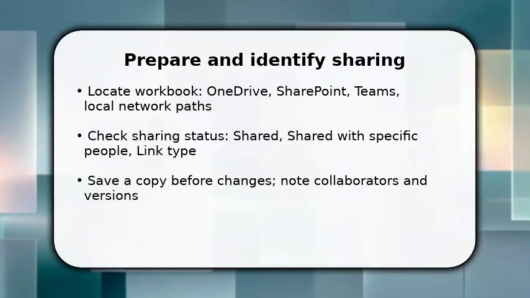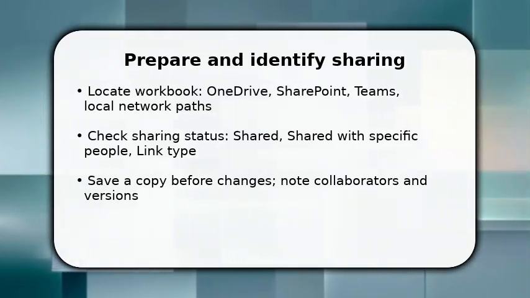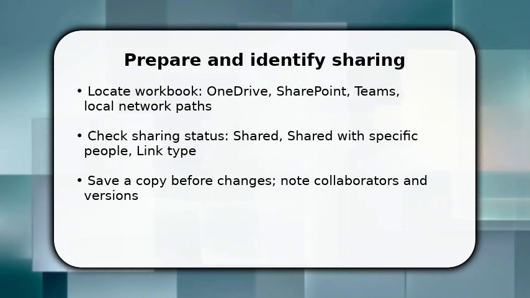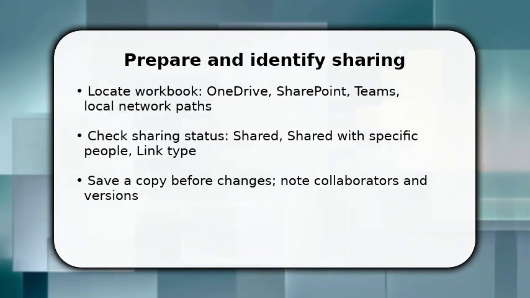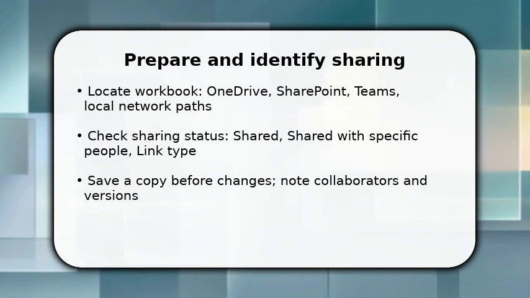You start by confirming where the Excel file lives and who can access it. Open the file and use the Share menu to view link types and specific people. This shows live permissions. Once done, save a local copy or export a version to preserve data and history before